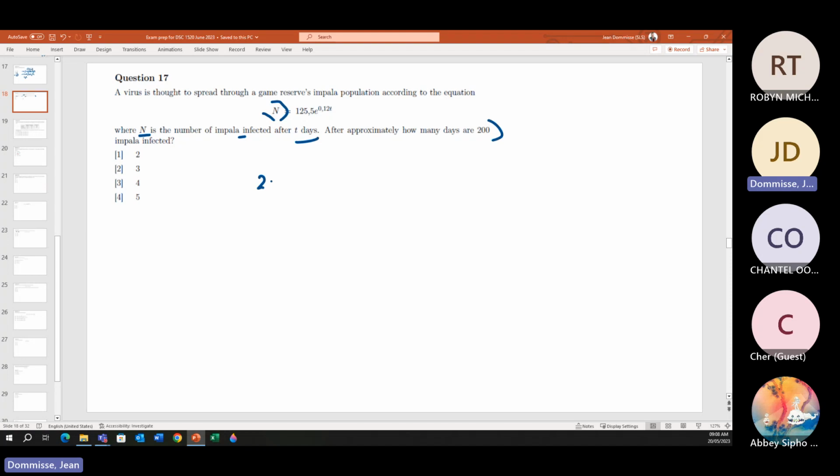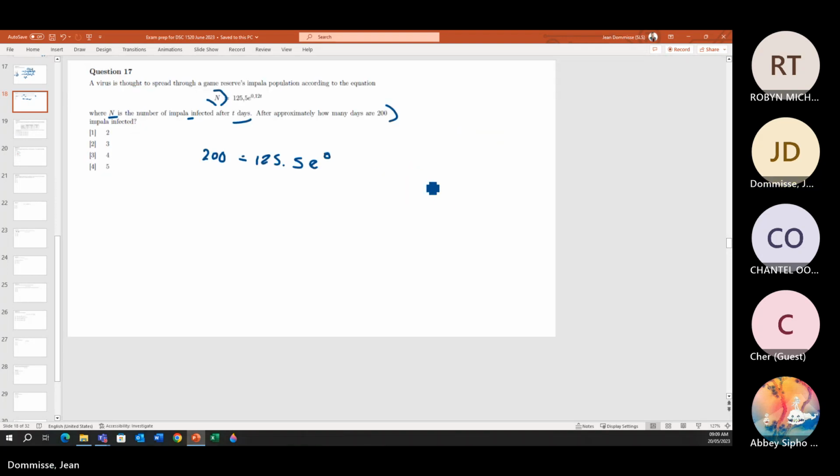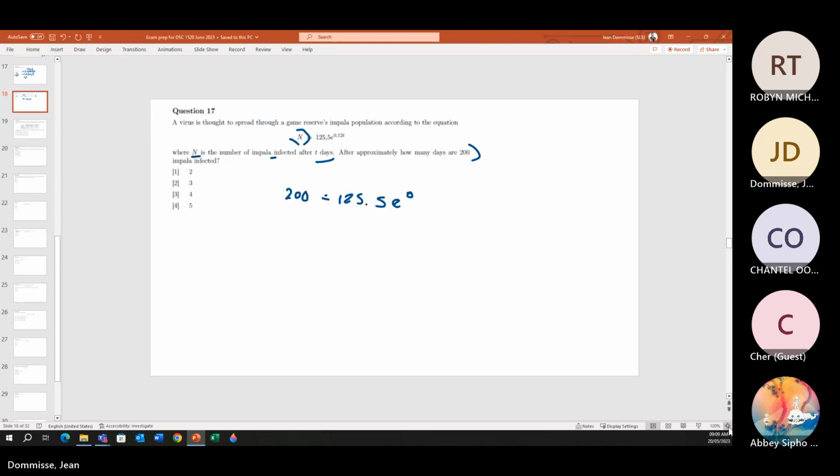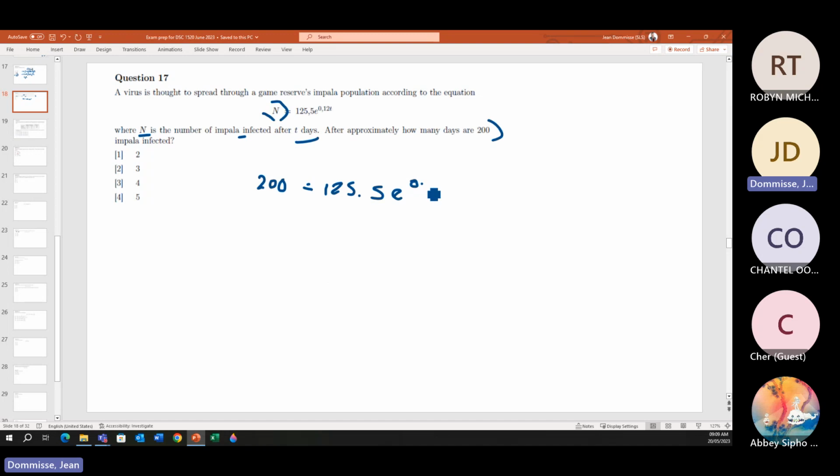So we can say 200 is equal to 125.5 e to the power of 0.12t. Okay, so this basically tells me that somewhere, when I work with e, I will probably need to do a log transformation on it,